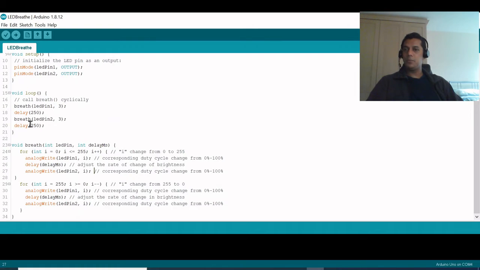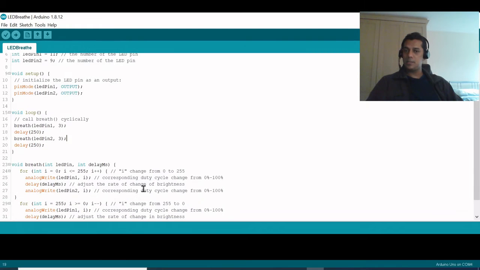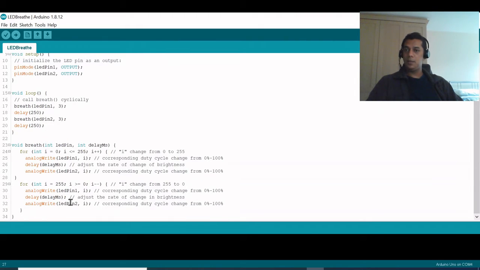I have done this repetitively for two pins, or two LEDs, connected to pins 9 and 11. The breathe function on the first LED pin will raise the brightness of the red LED from dark to bright in a smooth way. That is why we have this delay. Similarly, whenever I call breathe on the second pin, the same thing will happen.